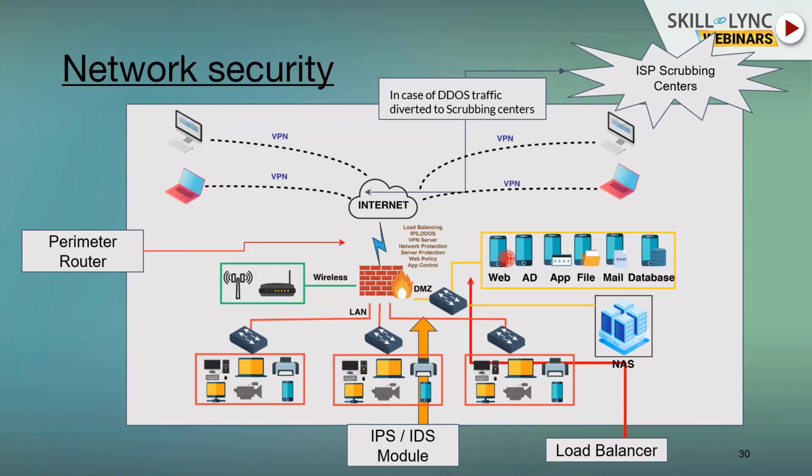This is what happens in an organization when you access google.com, what happens at the back. This is what exactly happens. In a typical scenario where attacks are predominantly happening and targeted towards your organization, we have something from the ISP level. The ISP provides you the backend network connectivity, and they have something called scrubbing centers. We send your traffic to the scrubbing centers and mitigate all those DoS or DDoS traffics.